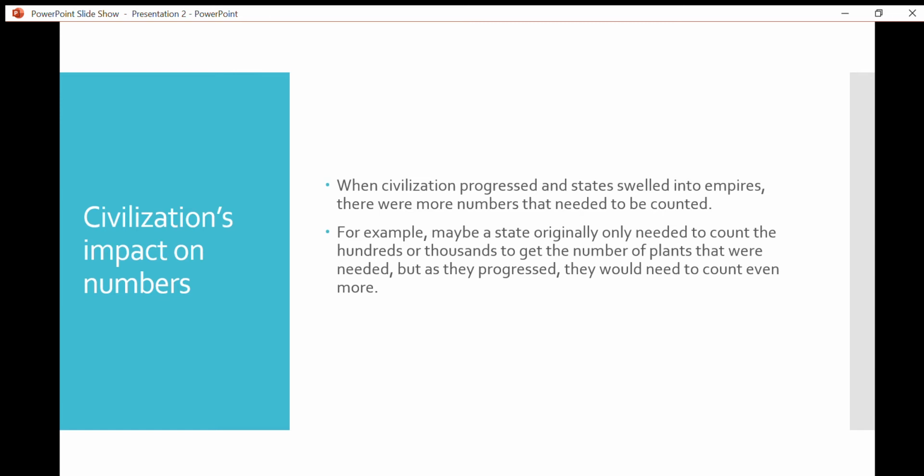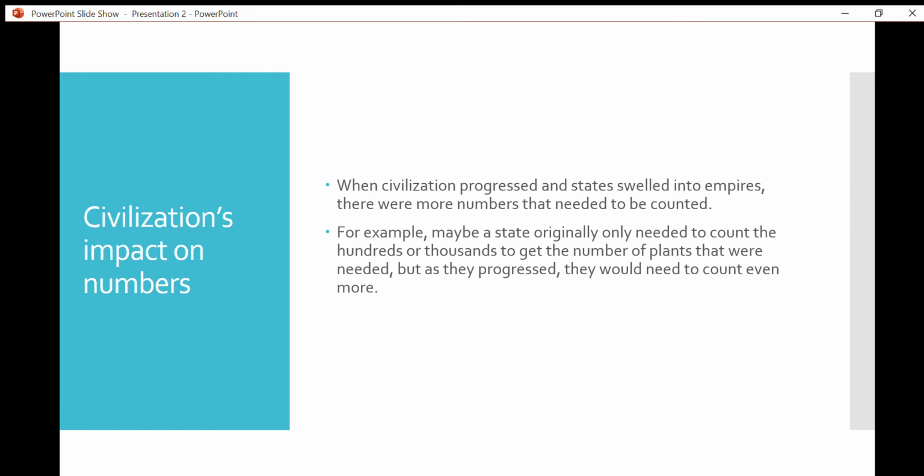For example, maybe a state originally needed to count, let's say, the number of corn crops needed to feed the citizens, but that was only a few hundred or a few thousand. When they progressed into empires, they would need to count even more, maybe millions or hundreds of millions